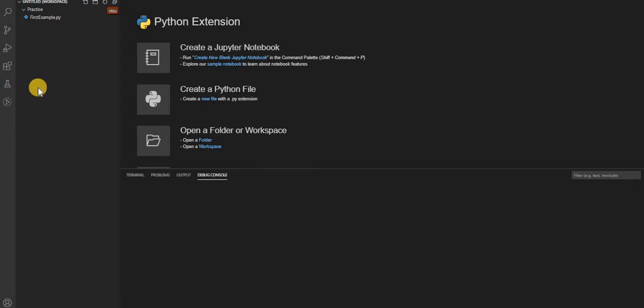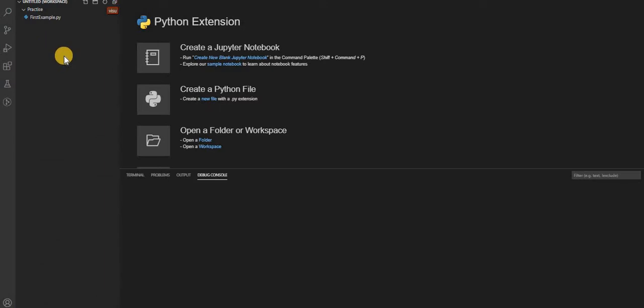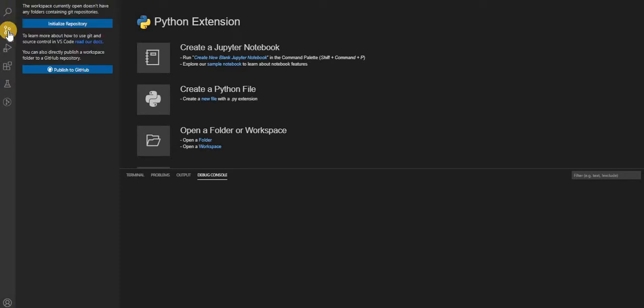For checking whether your extension is installed or not, you just go here. This one is called extensions. By default, the first one is the workspace. I have currently moved it to the C practice folder. You can change it to any folder. It will list all the files in the practice folder. It gives you the search feature. You can search anything. Source control, if you are aware of source control, gives you access to it. You can directly work with the code repository, check in, check out.